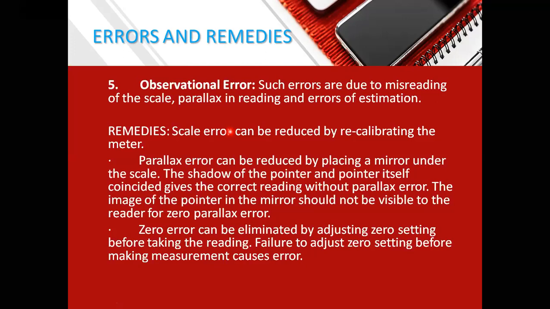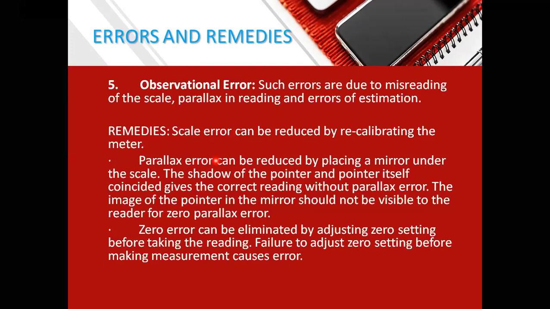Suppose you have connected it to 0 to 5, then you have to take literal readings. But if you have connected it to 0 and 10 ampere, then we have to multiply the reading that we get by 2. That is the multiplication factor. But if the person taking the reading is not skilled enough and doesn't know much about it, he will take only from 0 to 5, and because of that he notes down a wrong reading. Such errors are errors due to misreading. This comes under observational error.